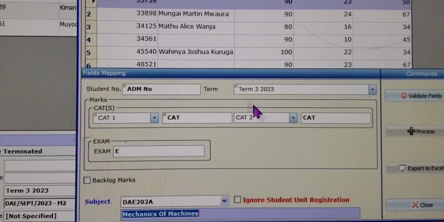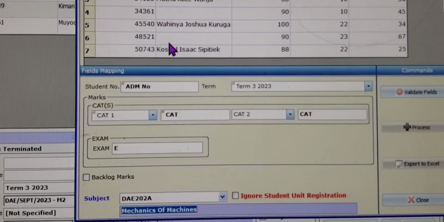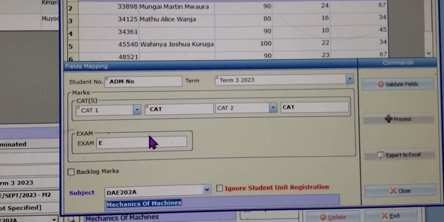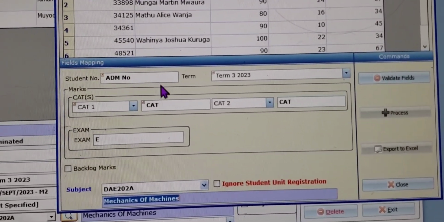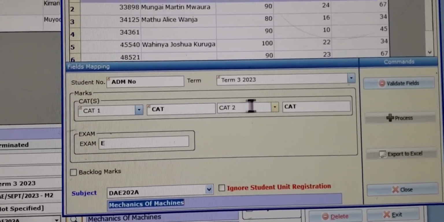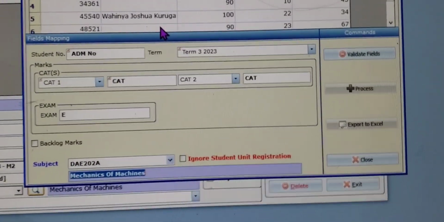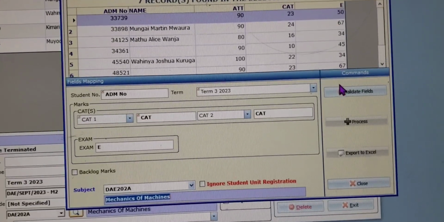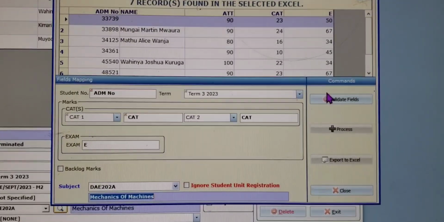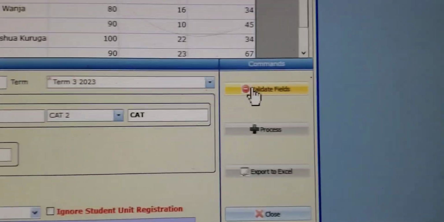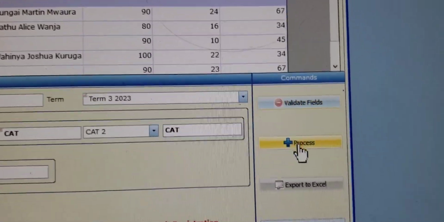Then after that, you can see this part we left blank. These names are blank, but it doesn't matter because in the field mapping, we are getting information from admission number, and we are getting information from CAT and E. There is no need to have the names, but if they are there, well and good. So you validate. That's why I told you that I left them blank intentionally. After you've filled all the information, you're going to validate, and it is going to activate